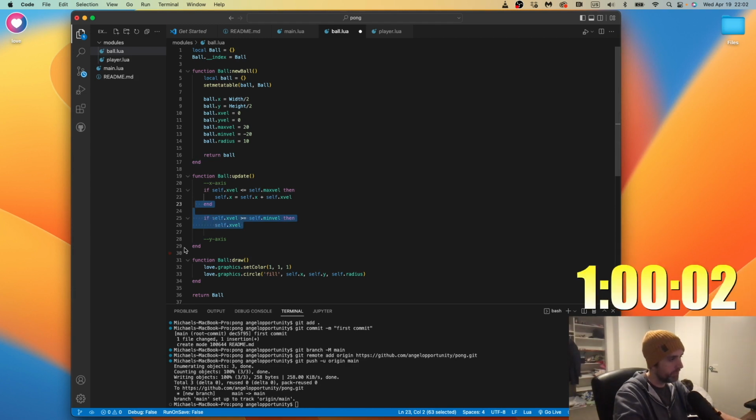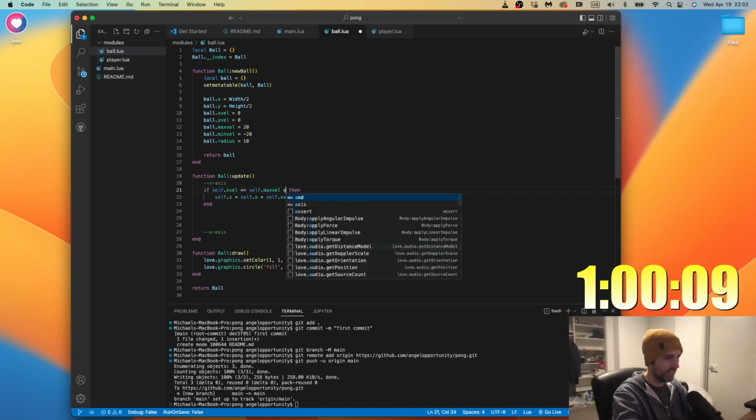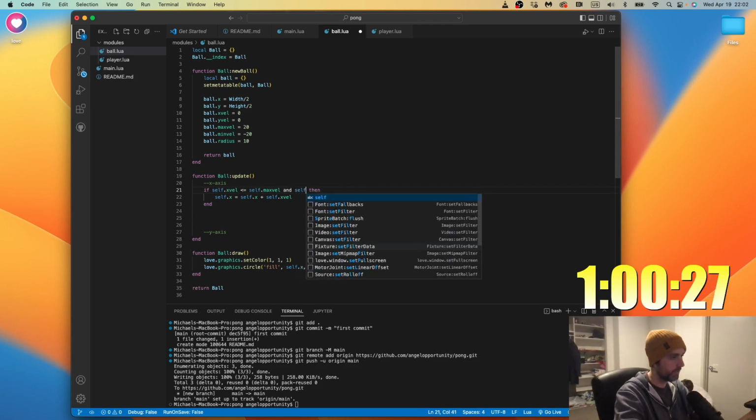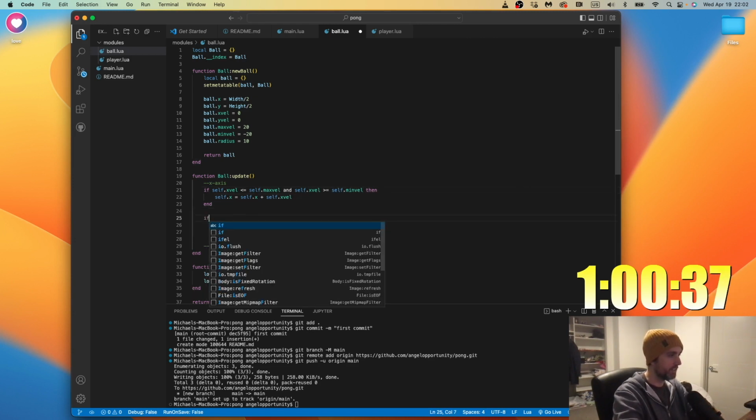That's why I'm getting so confused by this. So it's like if self.xvel is greater than or equal to self.max velocity, and self.xvel is greater than or equal to self.min. I think that's right. And then the same thing for y.